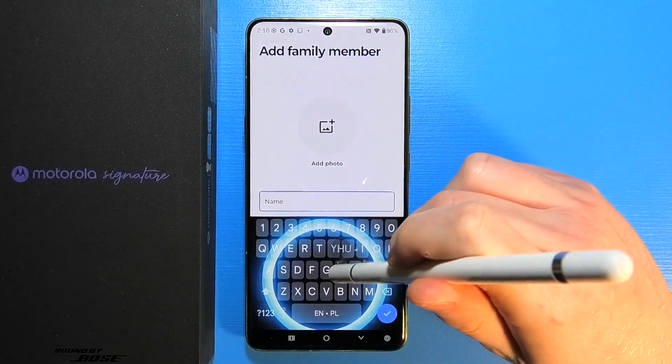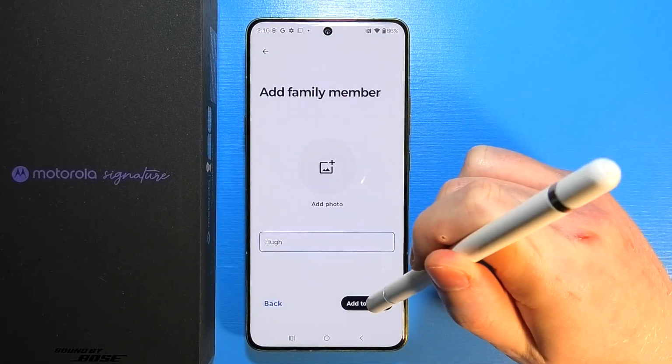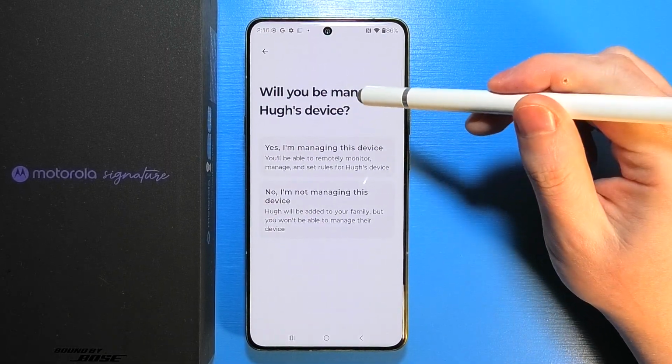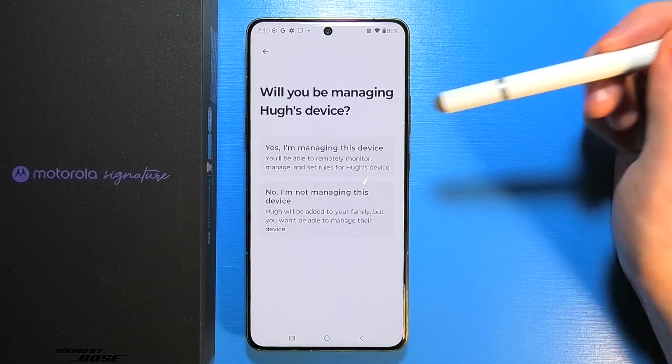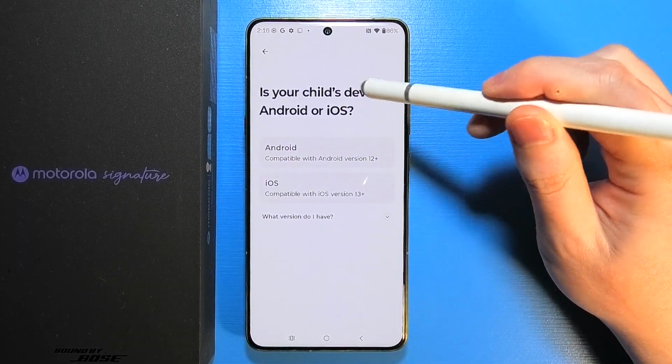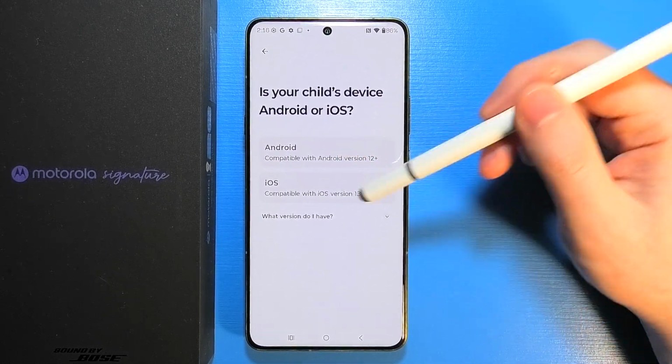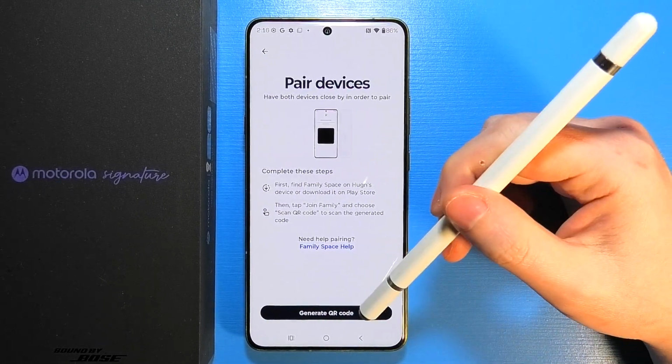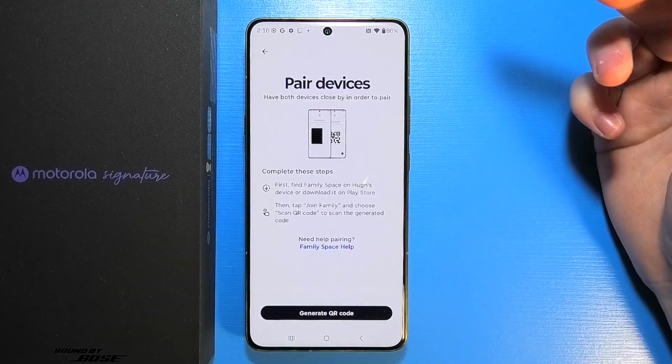family members. You can enter their name and adjust their picture, and then it asks: will you be managing this device? Yes, I'm managing this device. Is your child's device Android or iOS? You can choose whichever option you like, for example Android, and then you can generate, for example, a QR code,